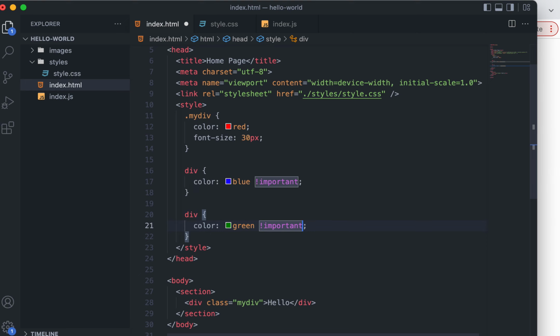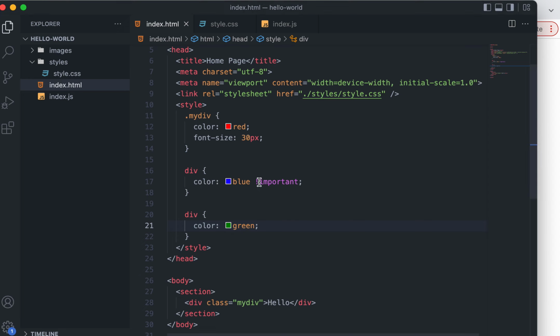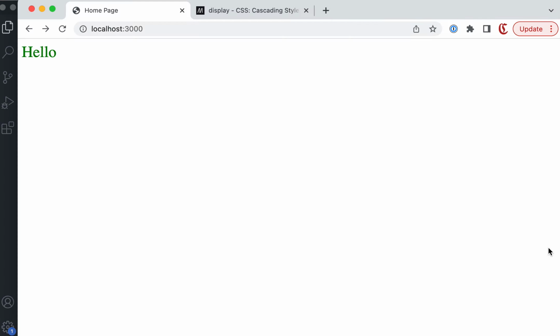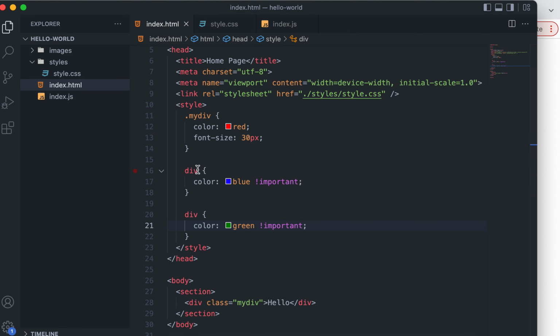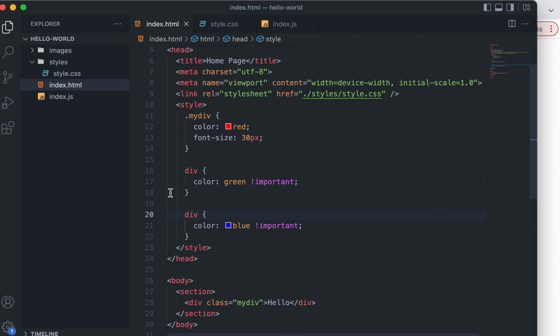Specificity is same, and let's firstly remove this important, right? And then you see that this green will not apply, only blue will apply, because this is important. But important can be overwritten by important if you write another important which is at the end. So now this is green, and again whatever comes last, that will be taken, right? So both are important, but now earlier green was there, that's why green was the last one.